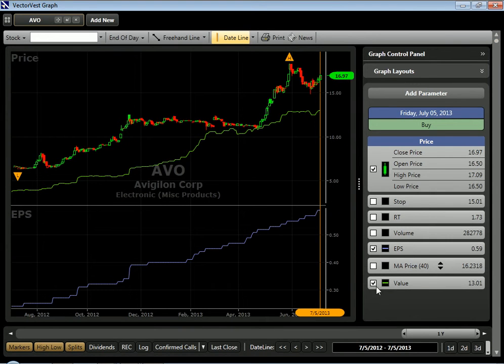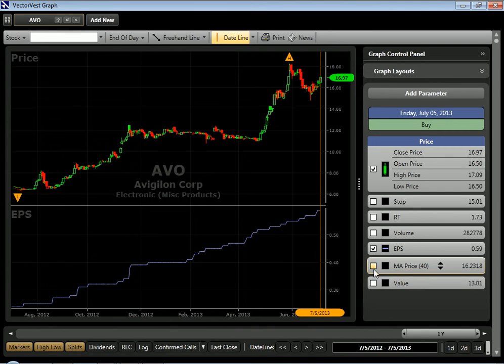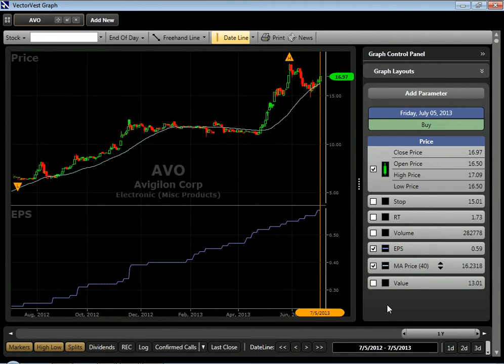And we're going to make a slight change. I'm going to take off value, and I'm going to put on a 40-day moving average of price. And so the first thing we look for is what's happened to the volatility of price. Is price action getting more volatile or less volatile, or staying about the same? And secondly, what does the moving average tell me about its trend? In other words, this moving average is still sloping upward, telling me that the 40-day trend of this stock is